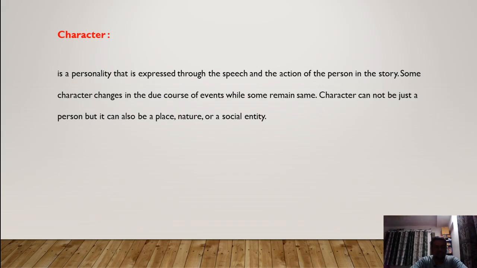As I had already mentioned earlier, any central character has to fight either with nature, that is the opposite force of the central character, or a place maybe. Let us say for example any place that is hostile, that is non-livable for that person, he fights out with the situations there, or a social entity. So it all can be considered as a character, not only that hero or a villain or a heroine or the comedian is the character.